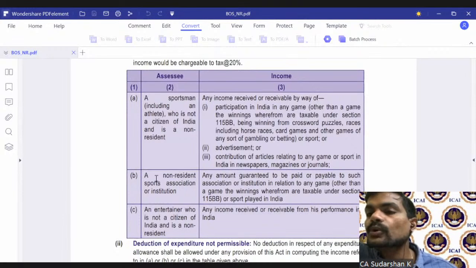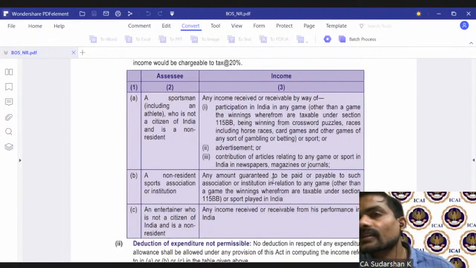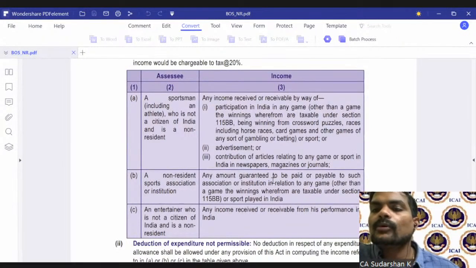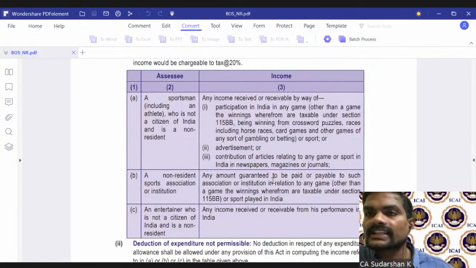If you're a non-resident sports association, and there's any amount they're getting, that will also come under 115BBA. This was introduced in light of the fact that when India hosts the World Cup along with other Asian countries, for example in cricket, when we did in 1996 and also in 2011, there are some amounts that India will guarantee to other associations as well. Because India gets the main hosting rights, those associations which get money from India